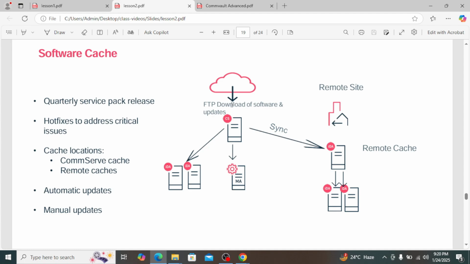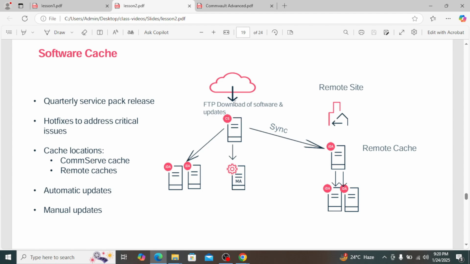Once you have internet, you can download all your base packages. For example, if Commvault is releasing a new feature release, version 11.36, and your ComServe has internet access, it can directly download from cloud.commvault.com and place it